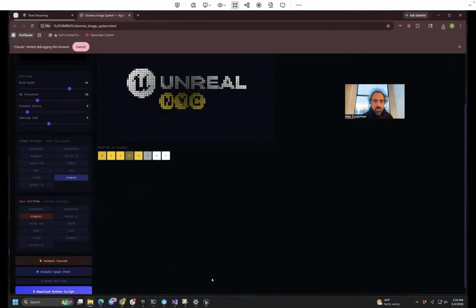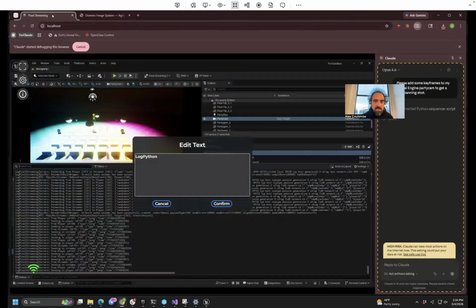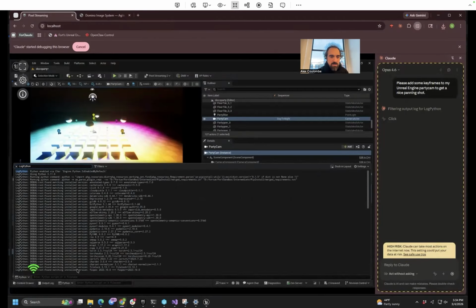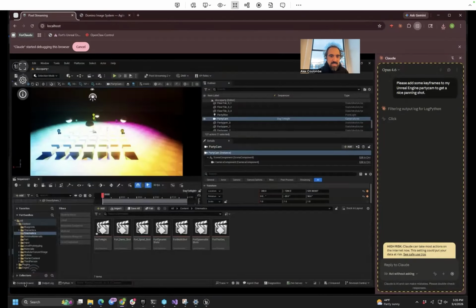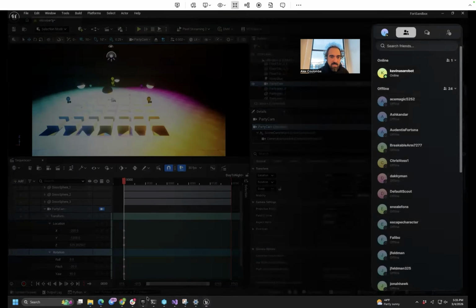So now, once Unreal Engine's done over here, we've got Claude doing its thing still. You still going? Still going. Log Python. Oh, it typed into there. Oh, now it got disconnected. It's still thinking. It's got that first keyframe. It's having trouble making the second keyframe. All right, Claude, I think I have to cut you off. It's taking too long. Although here's the cool thing is I can just make a totally fresh,